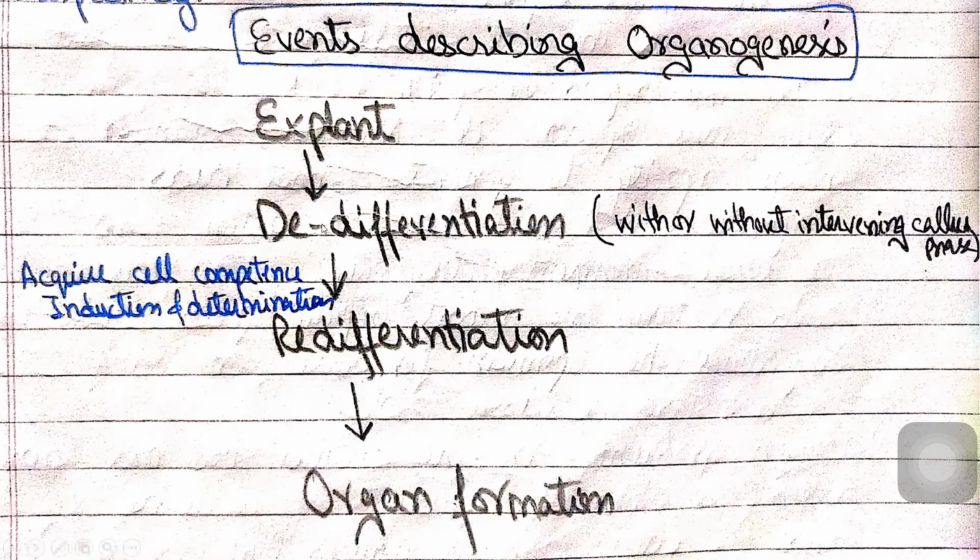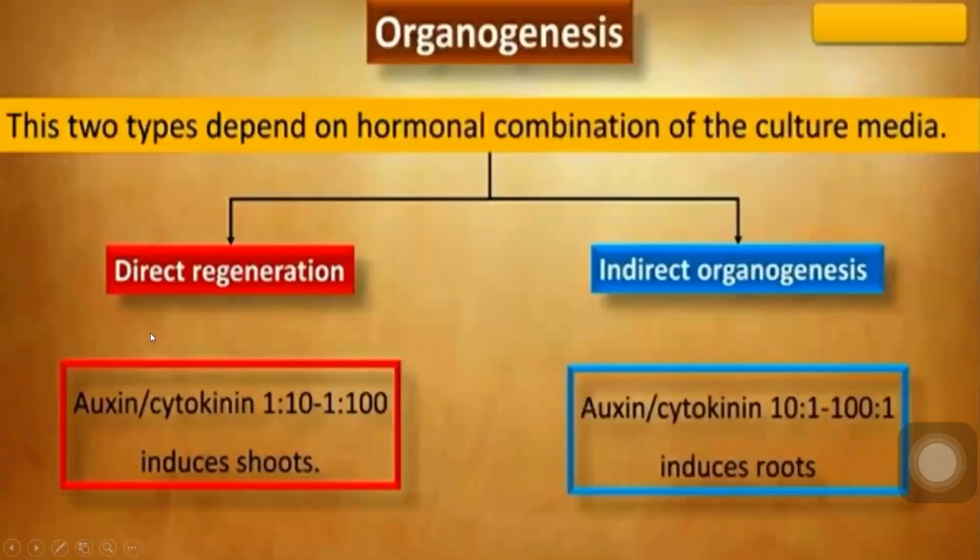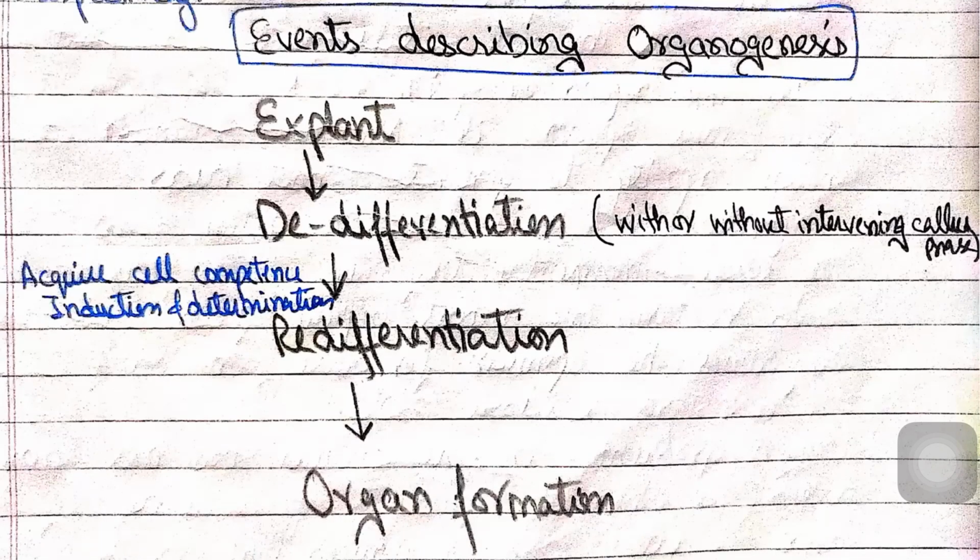It means they will form simpler cells, or we can call them meristematic cells. Then from the dedifferentiation process, they will enter into a redifferentiation process, meaning they will again differentiate themselves according to the nutrient and the conditions available to them. Sometimes the explant directly enters into the redifferentiation process by the process of induction and determination of the cell. First, the explant has to induce itself, that is, get ready for cell division. Then for the determination, that is our redifferentiation, organs are formed.